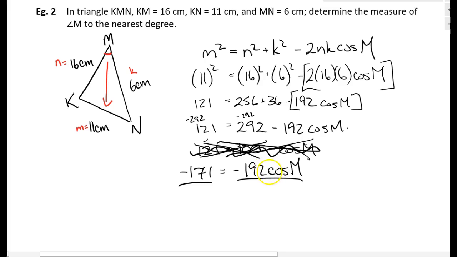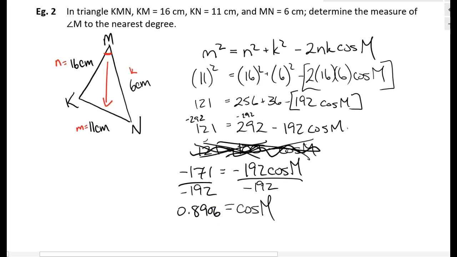And I do it by dividing because right now it's multiplying. And I can take the sign with it too. I don't need to just move the 192. I get